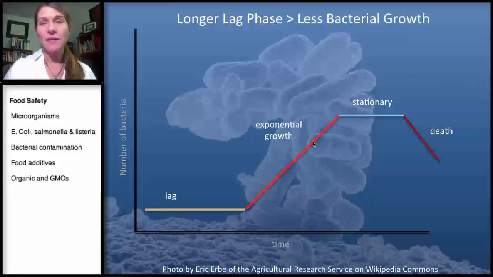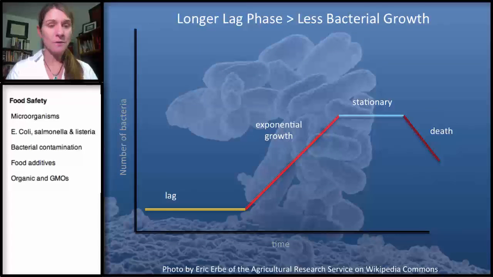One way we can decrease it is to produce a longer lag time. So how do we keep bacteria in their lag time where they're really not doing anything, they're not growing? Because if we only have a few bacteria, even if we ingested them, they're probably not going to cause any harm. So ways to do that, and this is everyone from the processors to the packagers, distributors, the sales, retail, and then the consumer, as we think about, one, the pH. Lower pH, more acidity, will extend the lag phase. It'll decrease that growth phase.